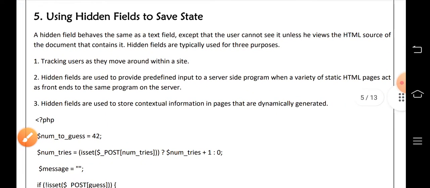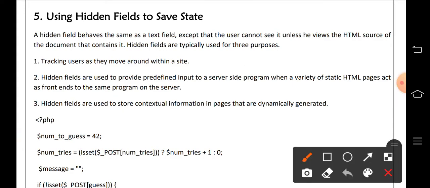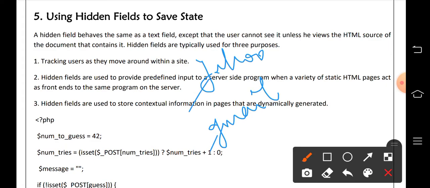The next one is using hidden fields to save state, which means there are some hidden fields in order to keep track of the users. When we start using any website like Gmail, Google or Yahoo, whatever it may be, there are some hidden fields in order to save our existence.